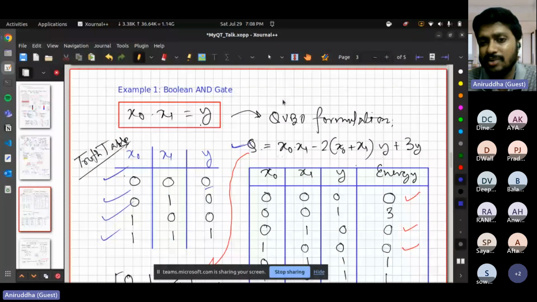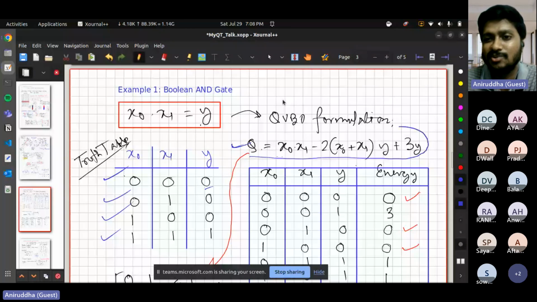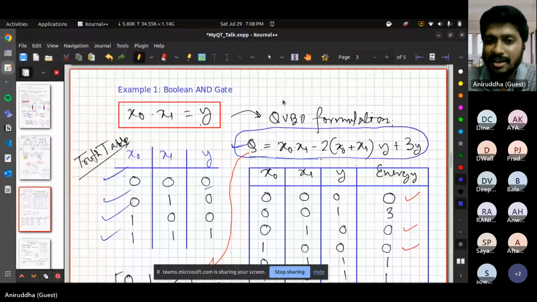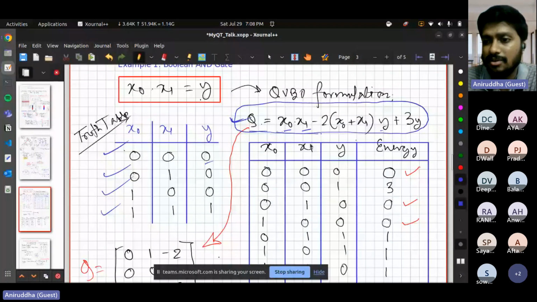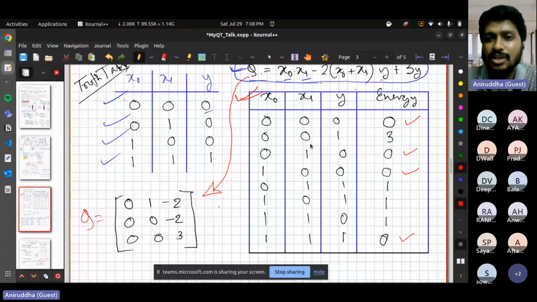Okay, so you can see that I have created one mathematical expression, a QUBO, representing the same expression. This is the binary polynomial that we had initially in terms of f of x0, x1, and x2. This is the binary polynomial for this problem, where I have three binary variables, x0, x1, and y. With these three, I have created a mathematical expression which represents the same problem. How does this expression represent the same problem? That's why I have added one more table here. So here we have three different variables for our problem: x0, x1, and y.